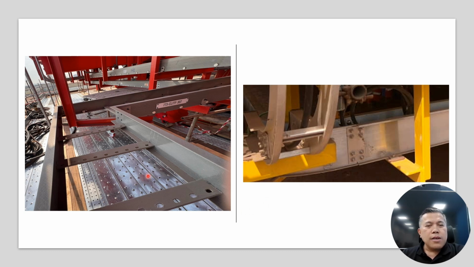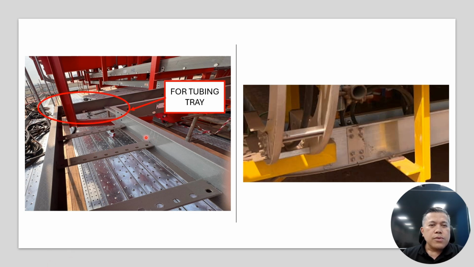Especially when you are installing the cable tray, of course, there are reducers, there are splice plates, there are angles. So angles either 45 degrees or 90 degrees. As you can see in this left area, the photos in the left portion, why are they installing like that? Because that is allocated for the instrument tubing. So this is for the tubing tray.